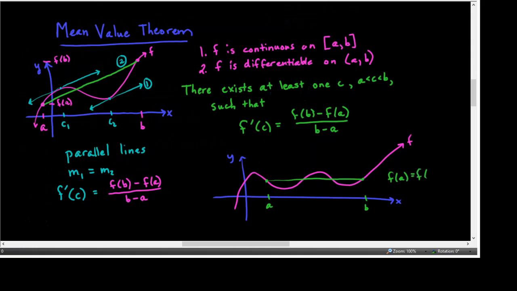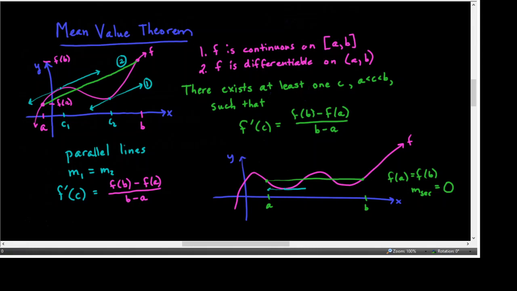If f of a and f of b are the same, then what will the slope of that secant line be? Well, f of b minus f of a is going to be 0 divided by some constant b minus a. That'll be 0. And we're saying that there must be tangent lines, according to Rolle's theorem, where